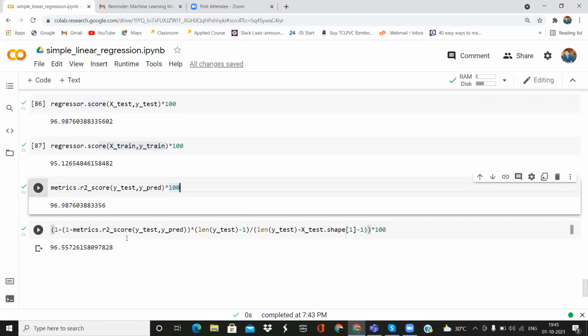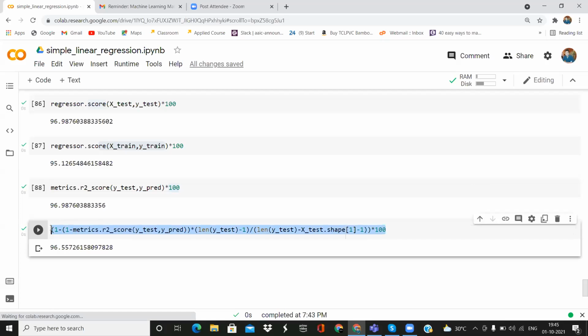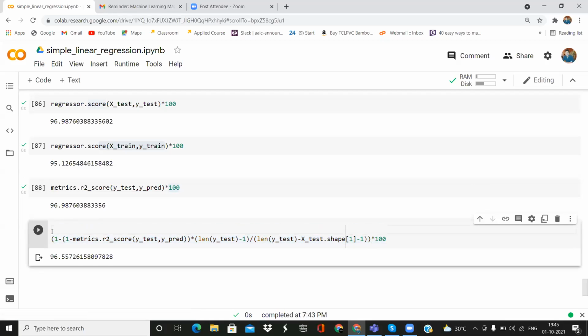Then this is for adjusted R2 square. According to the formula, that is 1 minus R2 values, then n minus 1, where n is the length of y test.